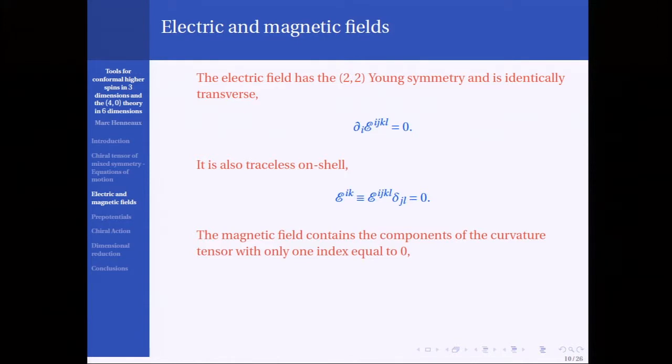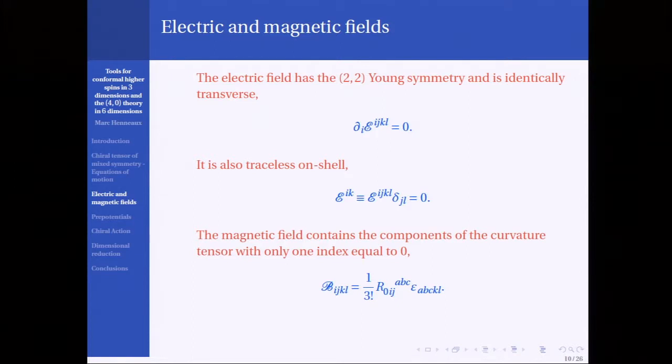Well, I will define the magnetic field as related to the component, or containing the information about the components, of the curvature tensor. Well, I had 2, 0, which is the same as no 0. Then the only option left is 1 index equal to 0. And the precise definition turns out to be useful if we trade these 3 spatial indices for 2 KL indices by making a duality. So the magnetic field is defined in this way.